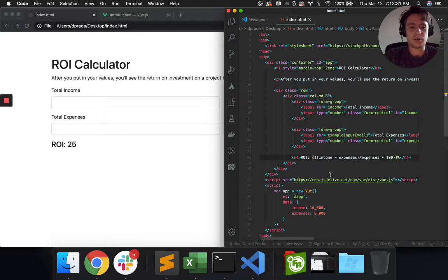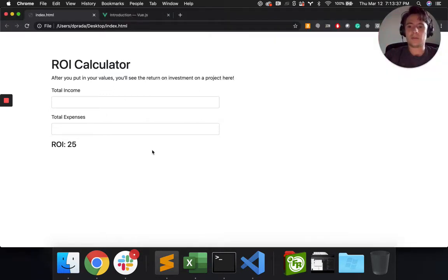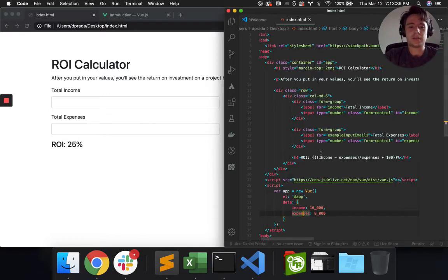So this is just an expression, right? Double brackets means, hey, I want you to do this. And actually, it's pulling this from here. Okay, well, now we have 25%. But it's kind of weird because you'd have to edit the file to then see any changes on what this thing is you want it to be. So let's make it kind of more